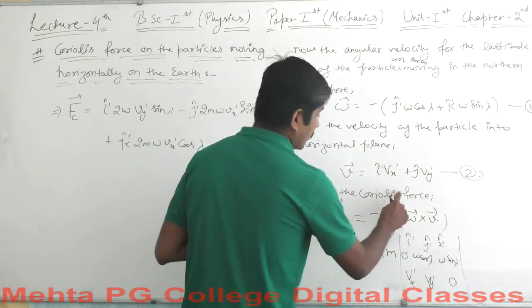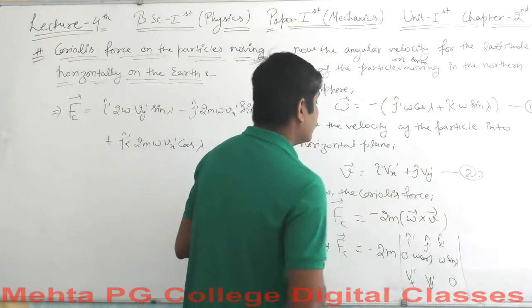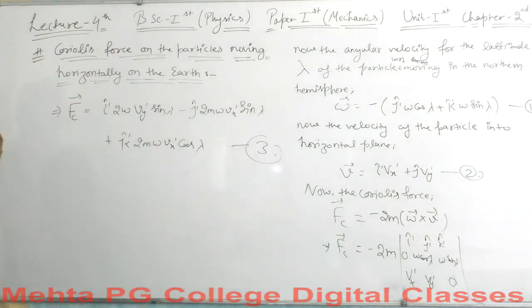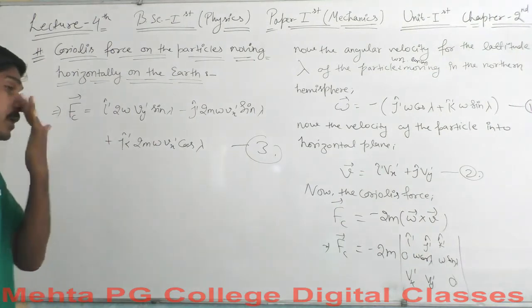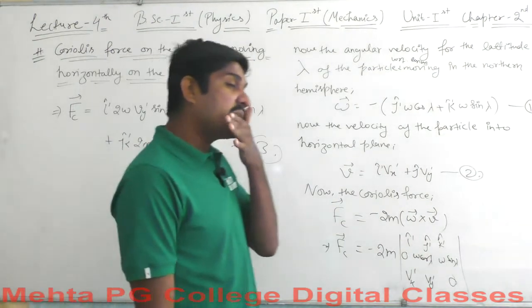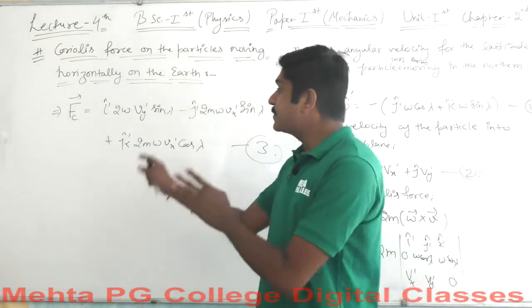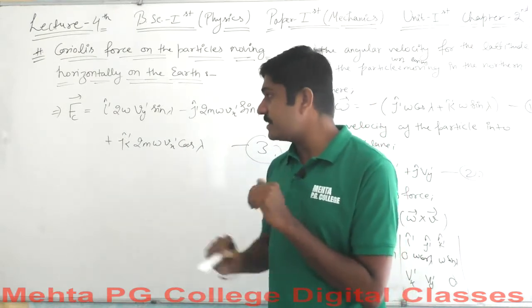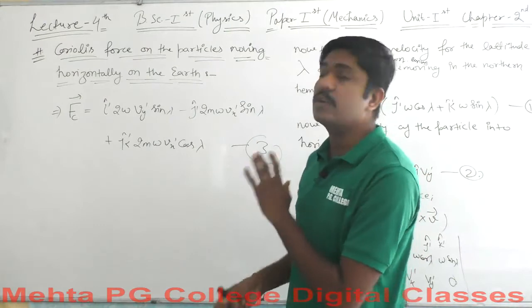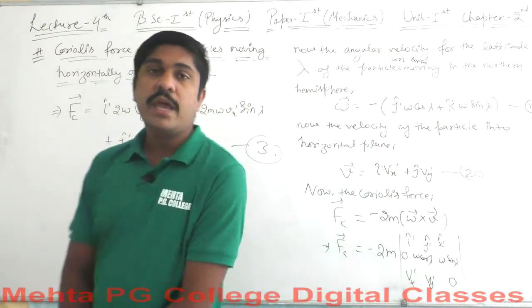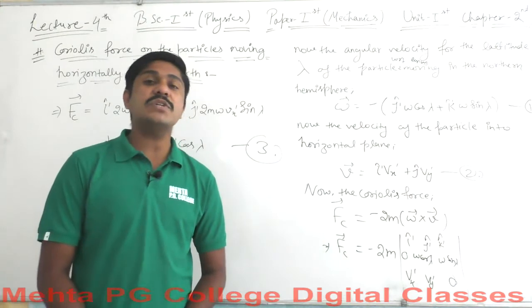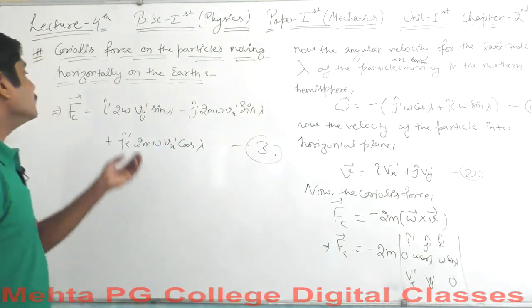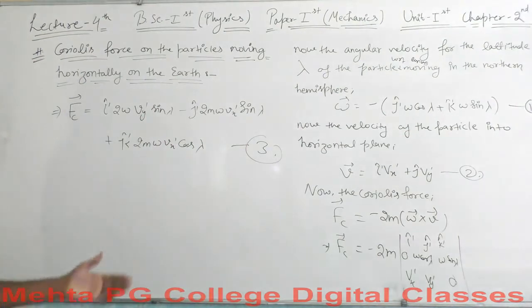This is the Coriolis force here. So we got the component equation of Coriolis force here. The component which is associated with the I dash cap, and in the direction saying the j dash cap, and for the direction saying the k dash cap. So these are the components of Coriolis force, and we got the value of Coriolis force here. If we go through the magnitude sense, then in magnitude we will simply square them, add them and take the root, so that will be the value here.